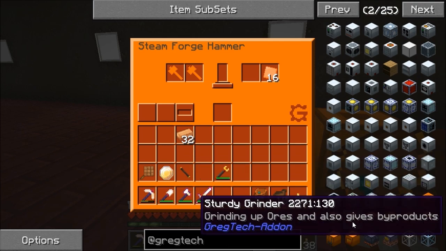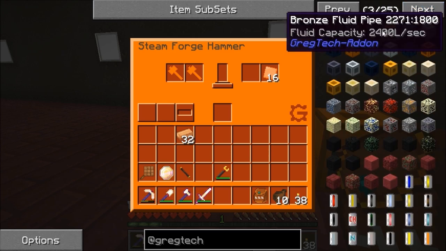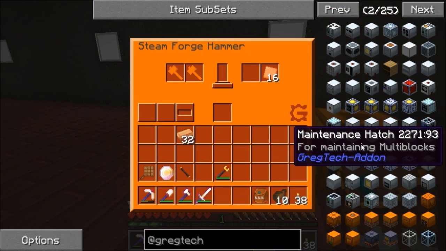Well, we're using the rods for the blast furnace as well. So that's all the steam. That's all the Bronze Age machines covered. These are just fluid pipes and stuff. Yeah, so I'm going to skip the rest of Bronze Age, and I'll be moving on to proper GregTech